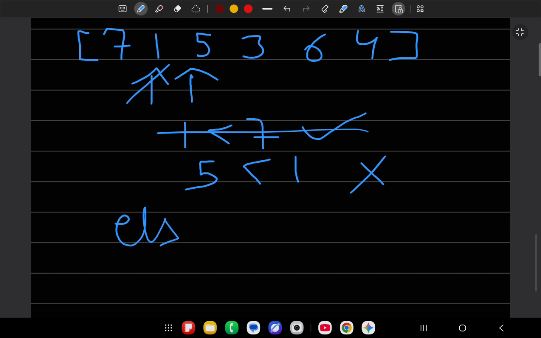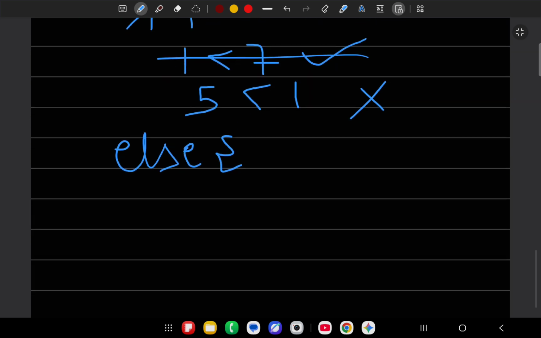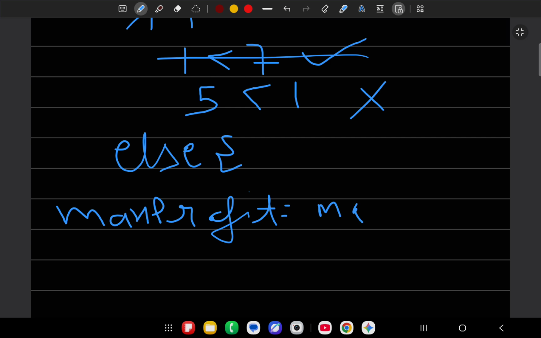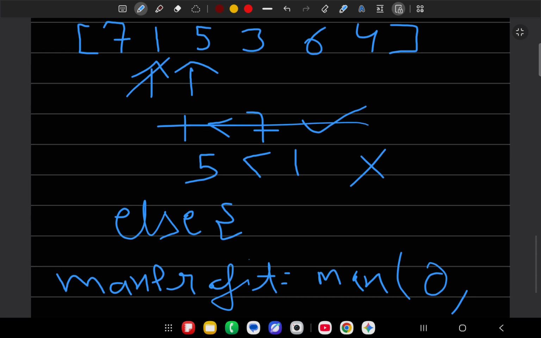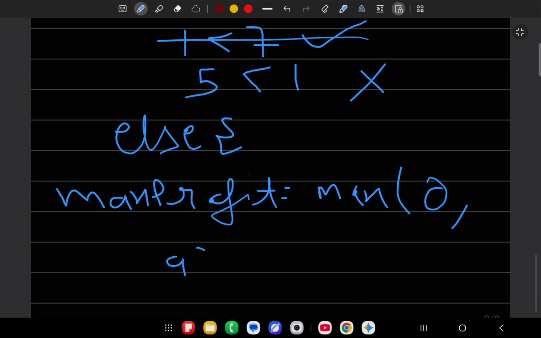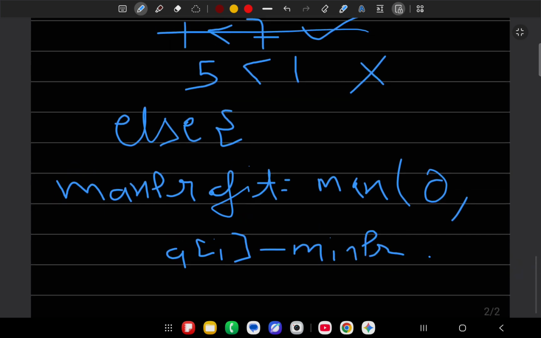What is the else condition? We just take the maximum between the maximum profit, which is initially 0, and a of i, the ith day, which is 5, minus the minimum price, which is right now 1. That is 5 minus 1, that is 4.